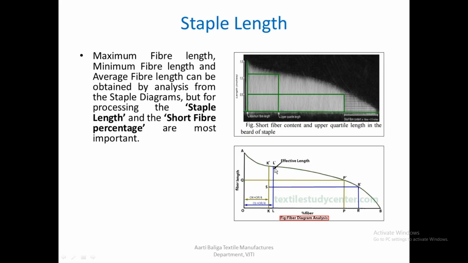We also get another important length from here, which is R dash. And beyond R dash, whatever fibers are there on the right hand side of R dash are going to be termed as short fibers. So these two data: the first is the staple length or the effective length, which is L dash, which you get from the Bayer sorter diagram. And the second important data is the short fiber percentage, which you get over here in this area. Beyond R dash, whatever fibers are there, this would give me the short fiber percentage present in this fiber tuft.